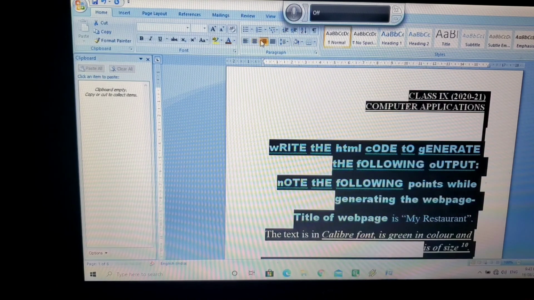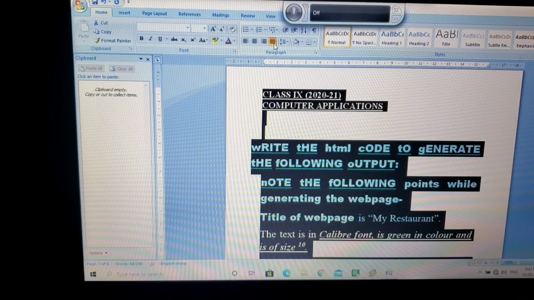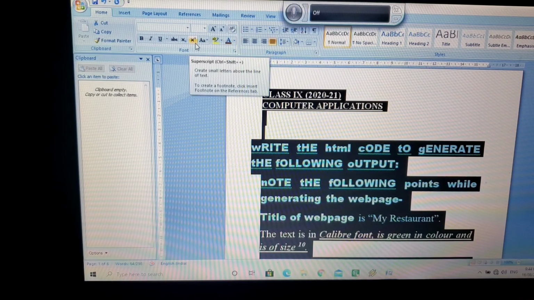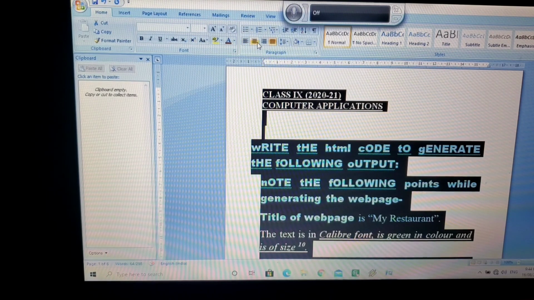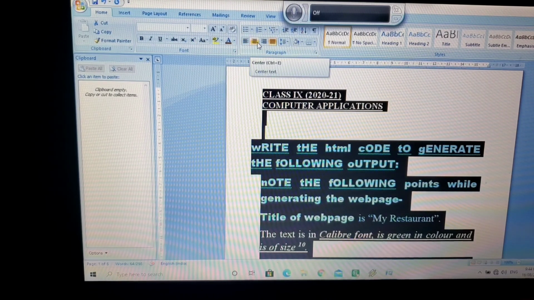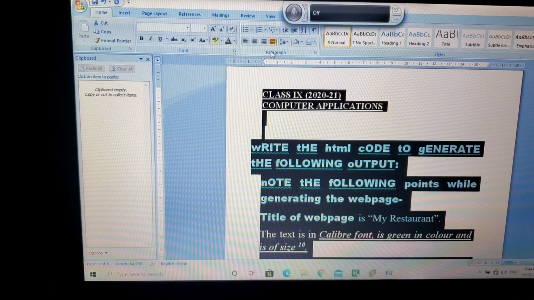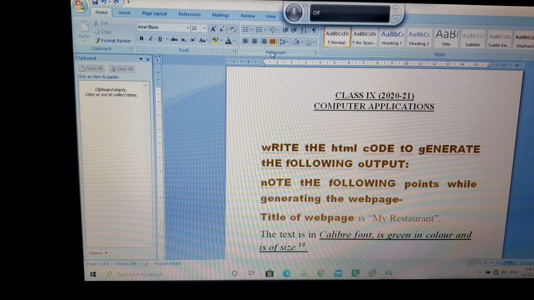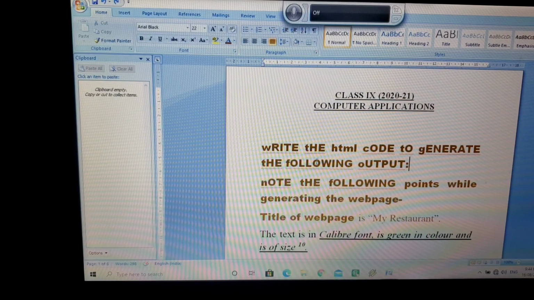Then make it right, that is right hand side, and this is your justify. Justify means it is going to align your text both ways. Left will align only to the left hand side, right will align to the right hand side, and center will align to the center. Whereas justify is going to align it from both sides, that is left and right. Okay students, so these are the different types of horizontal alignment.